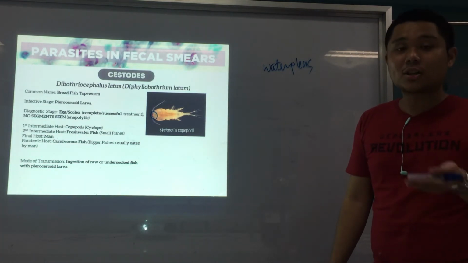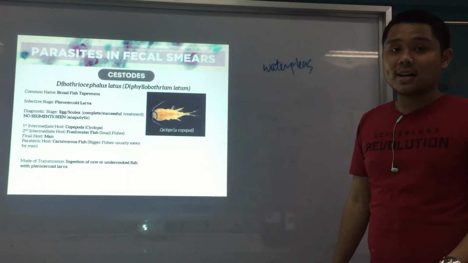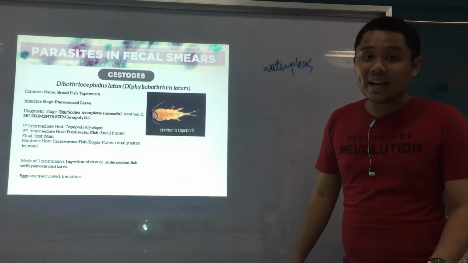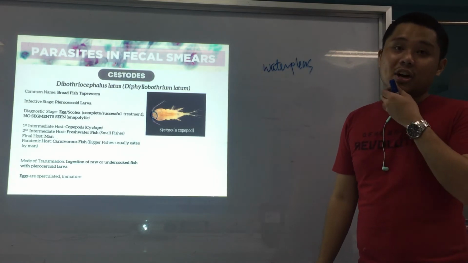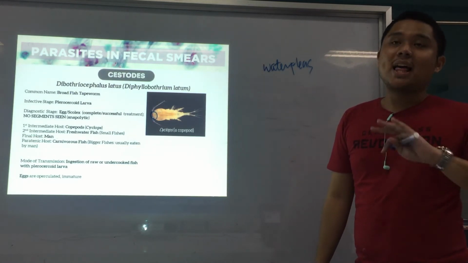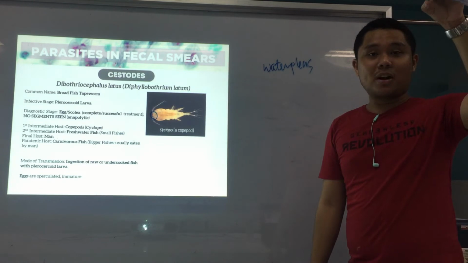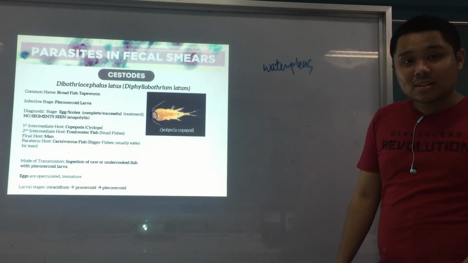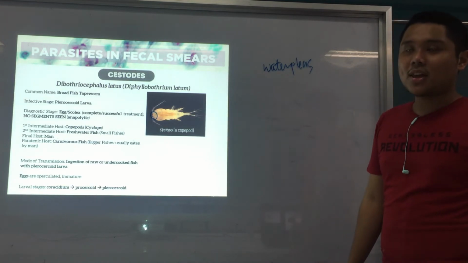It is acquired through ingestion of fish that contains the plerocercoid larva. And the eggs, as you can see, are operculated and immature, right? So that's another characteristic similar to a trematode. The eggs are operculated, they contain an operculum, and they're also immature. And aside from that, its larval stages are quite the same as